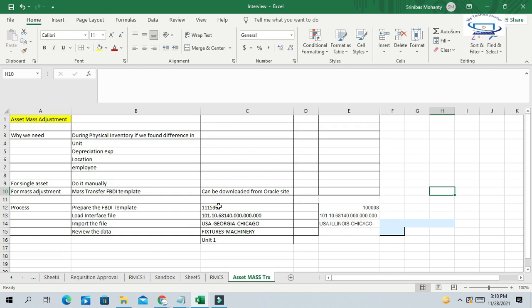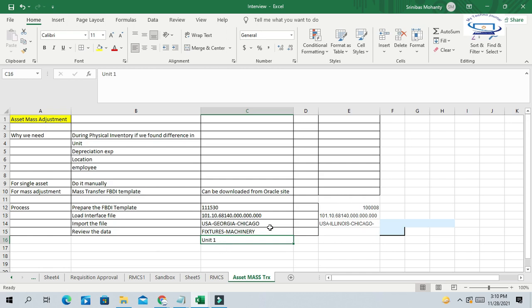For example, this is one asset we found in physical inventory that there are 10 units of this asset in physical inventory, but in Oracle Fusion only one unit is recorded. So we can do the adjustment in Oracle Fusion.